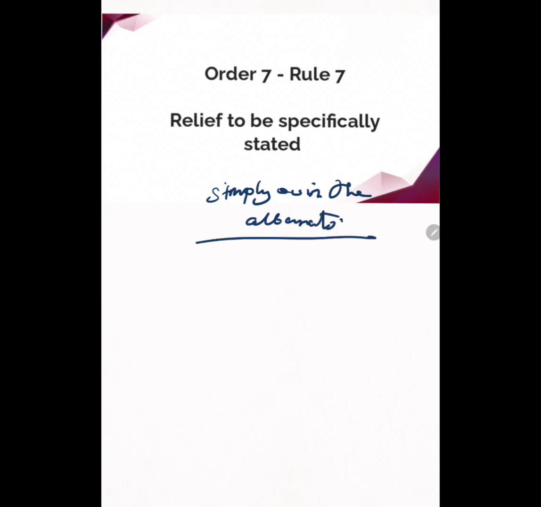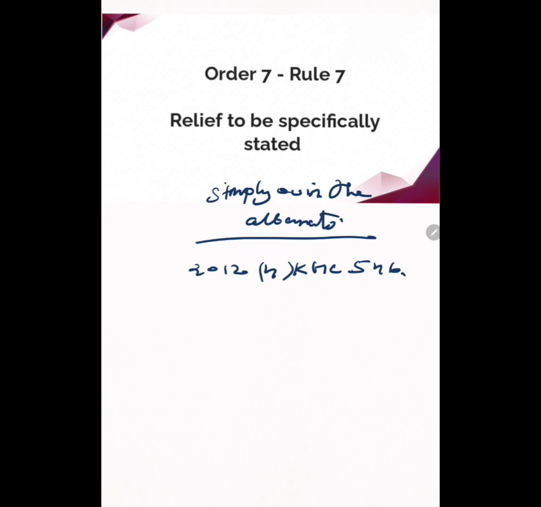However, general or other relief need not be stated. For example, if a suit is for money, return of money or whatever, a specific prayer for interest need not be pleaded. This was stated by the Honorable Court in 2012 KHC 546, which was a case between Anil Kumar and Ajit.